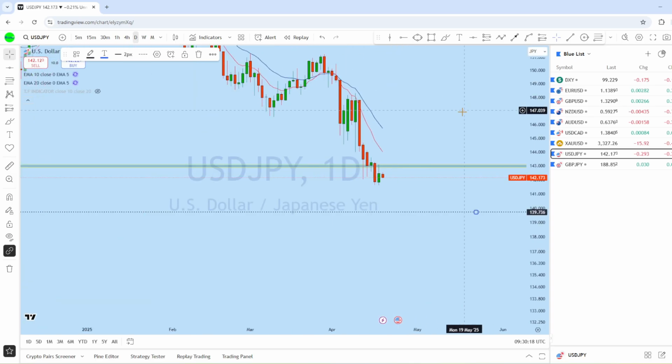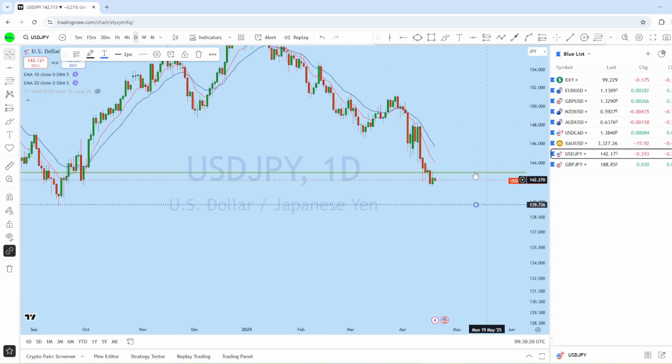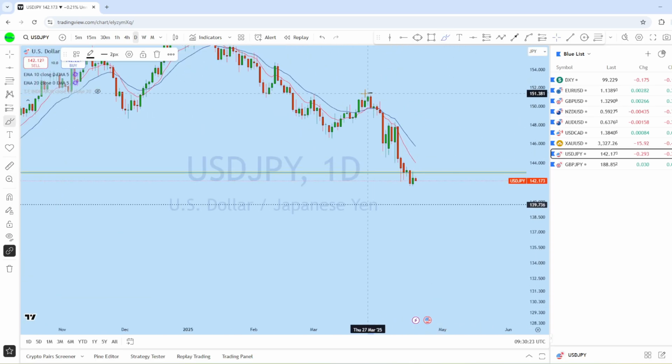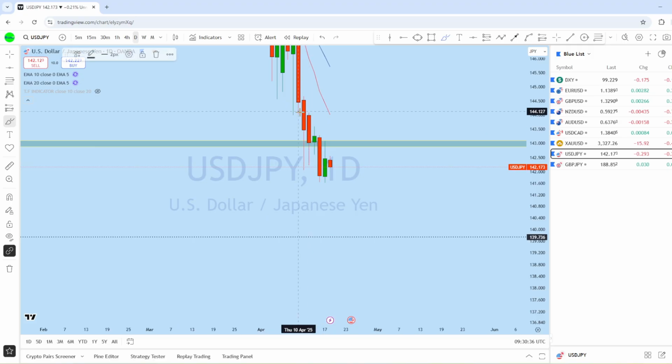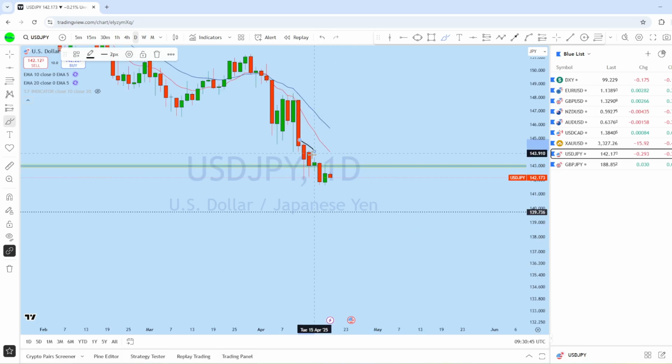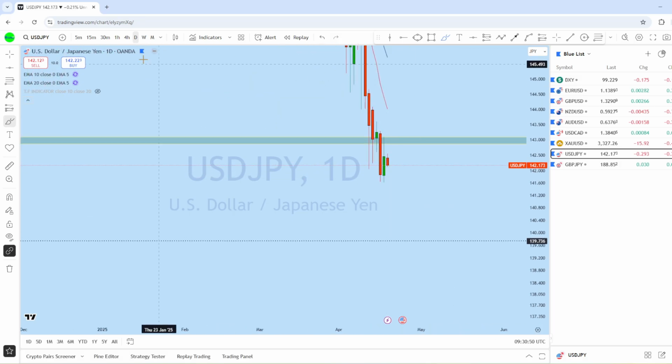Now if we look at the daily chart here, we can see the market is still maintaining the downtrend. There is a huge liquidity grab with a head and shoulder formation, break of structure followed by another liquidity grab, a big drop here, maintaining a series of lower highs in that area on dollar yen. And with that series of lower high formation, we are expecting dollar yen to potentially break any of these swing highs and then to return, as from the daily the market is maintaining that daily series of lower highs in this market.